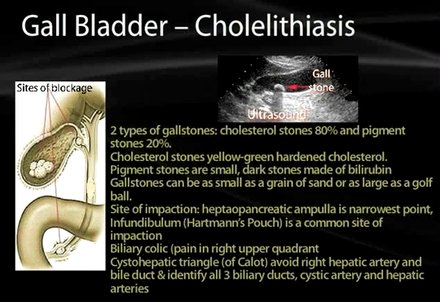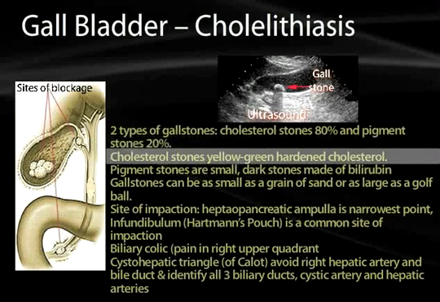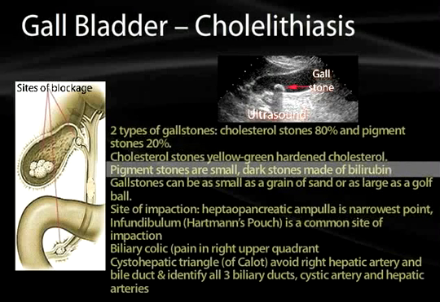There are often sites of blockage for gallstones which are going to be typical. These will be secretions, or basically rock candy versions of the substances that are in the gallbladder, which will be two different main types of gallstones. One type is going to be from the cholesterol stones, which is the most common type, making up 80% of them, and then the pigment stones, which will make up 20%. The cholesterol stones are yellowy green and very hard, whereas the pigmented stones are very dark and made up of